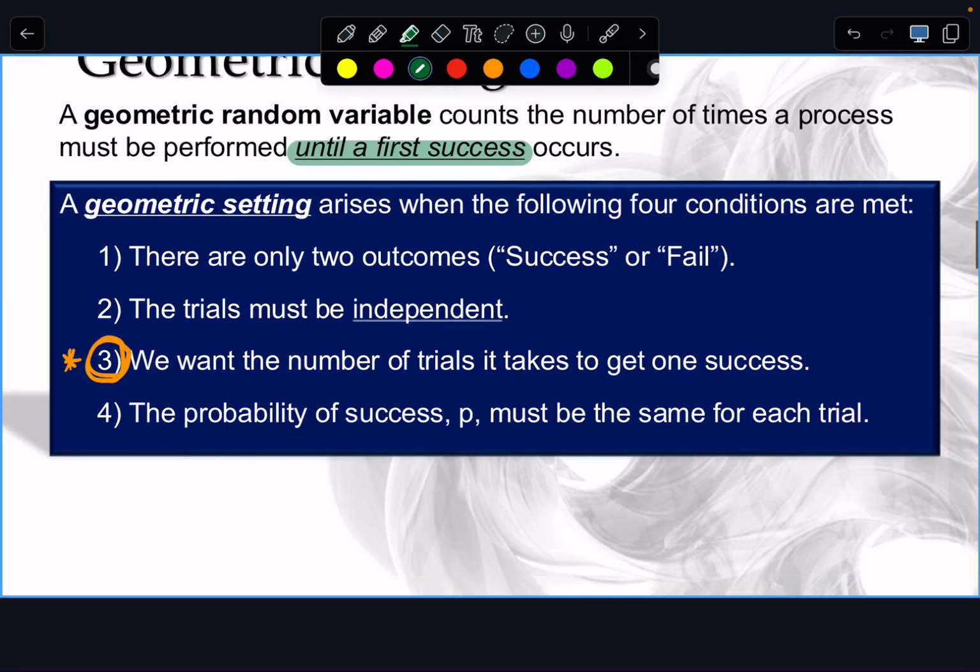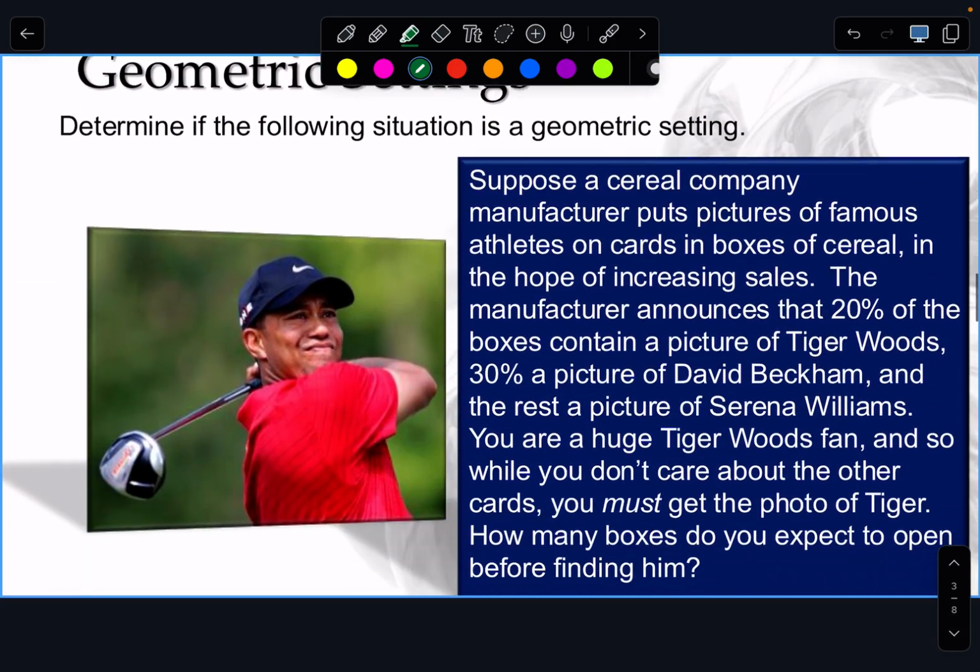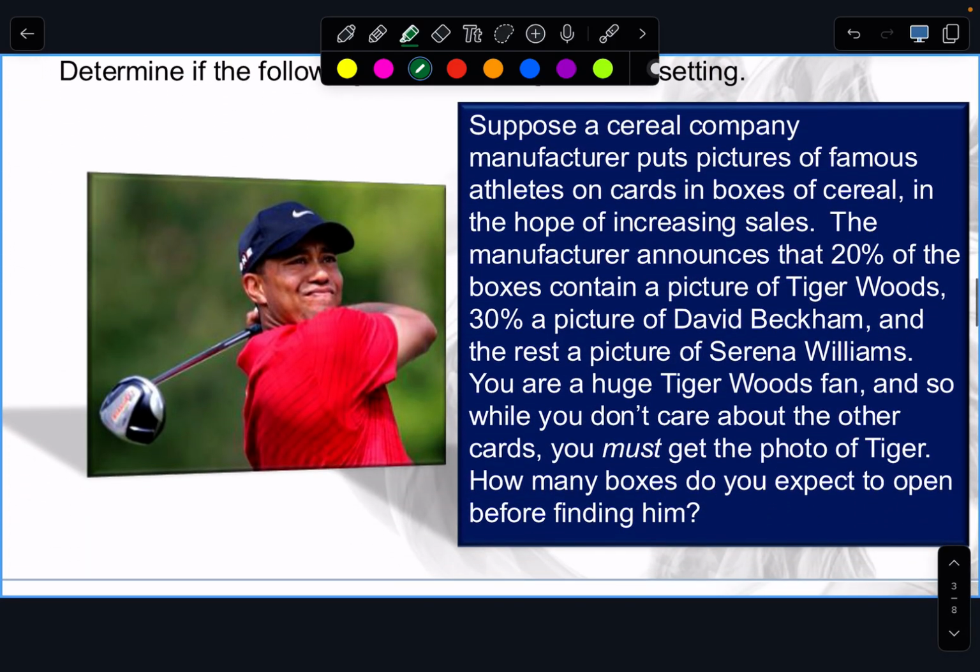So the first thing is just being able to identify that geometric setting. As an example, this is a scenario we talked about before, back in the first half of the unit. We talked about simulations. The example we used was that cereal company putting cards in their boxes of cereal. So they had 20% of the boxes contain a picture of Tiger Woods, 30% David Beckham, the rest had